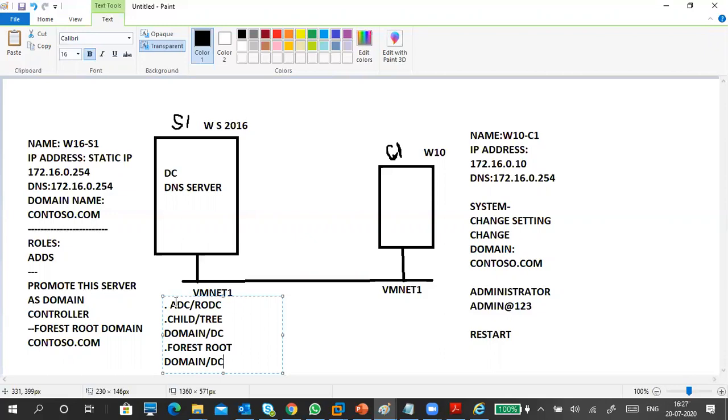The first one is for when a domain is already there, so then you have to create an additional domain controller. A domain controller is already there in a domain, and you want an extra domain controller for backup purposes, that is the first option. Second, you have already created a forest, which means an existing forest is there. You want to make a child or a tree, then it is a domain controller. So you are creating newly, everything is a fresh start, there is a forest root domain controller.